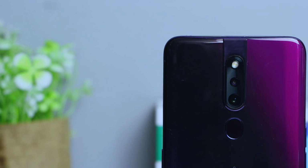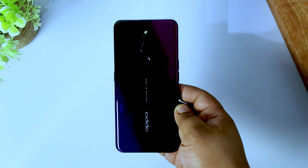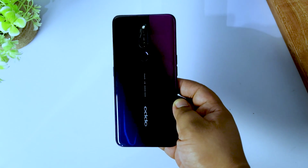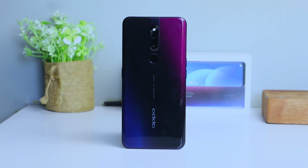The OPPO F11 Pro benefits from a number of nifty upgrades from its predecessor, starting with the design. This particular variant we have, called Thunder Black, uses 3 gradients for its back panel, which reacts beautifully and uniquely when illuminated at certain angles. You can also see that they've changed the branding to a new layout, which actually makes the device look more